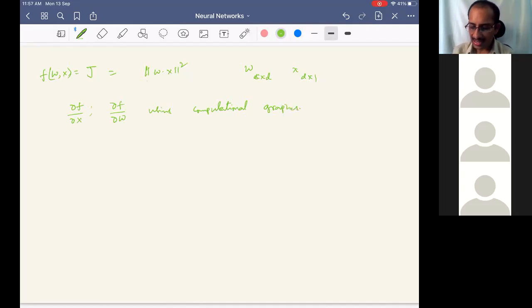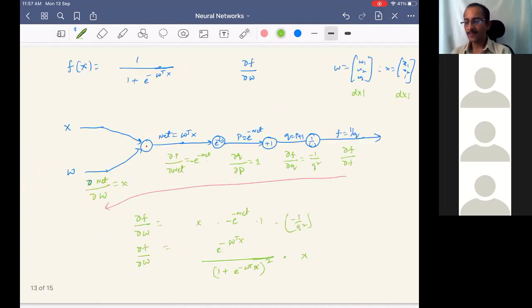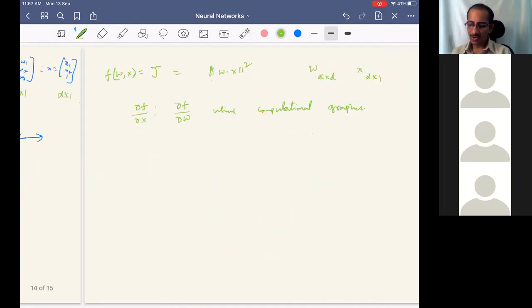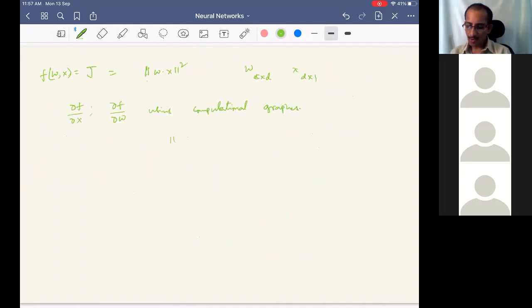Please note that each of the operations has to be a different element in the graph while constructing it. If there is a norm, what is the backpropagation you need to do? If there is a square, what is the backpropagation you need to do? That's what each individual local derivative gives. Constituting them, you can get the global derivative. Fine. Hope the things are clear.